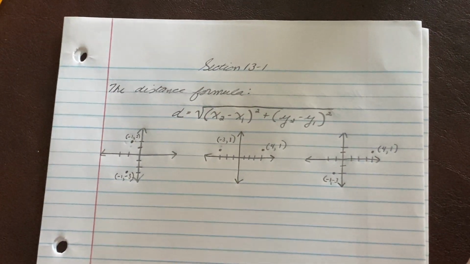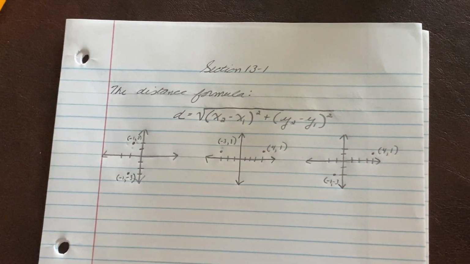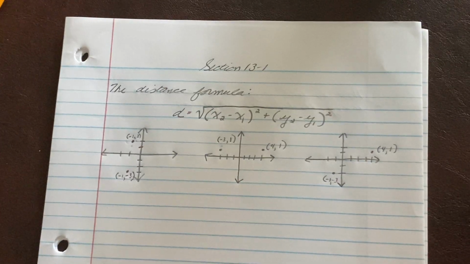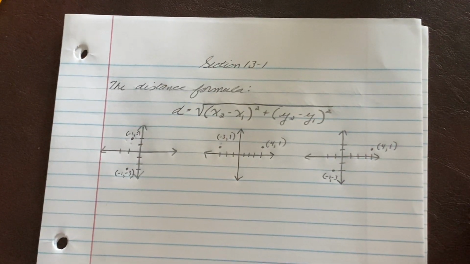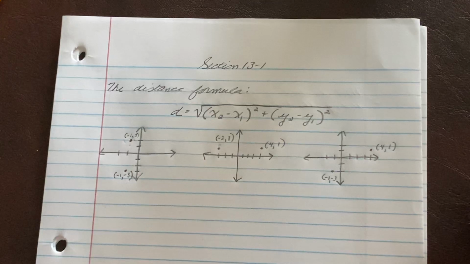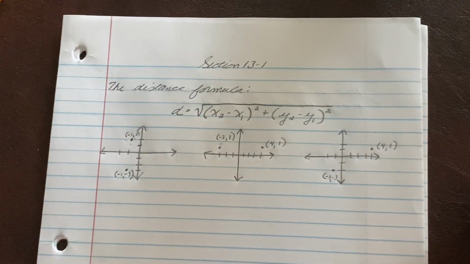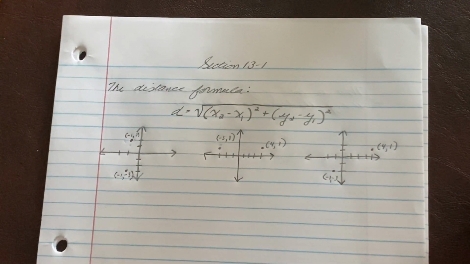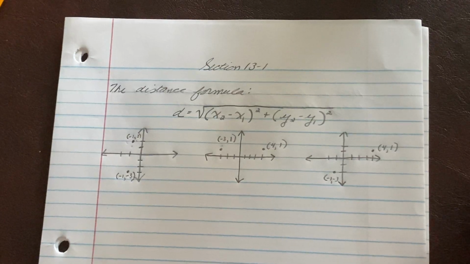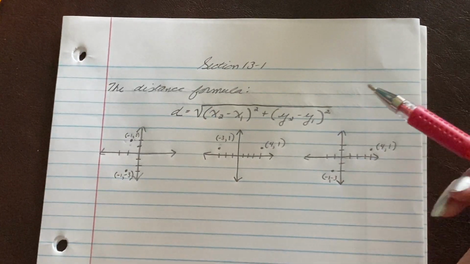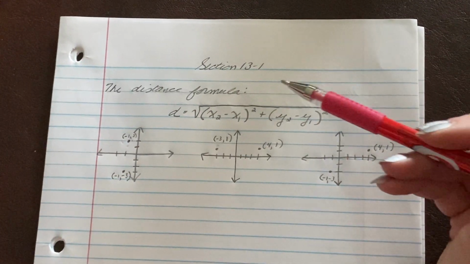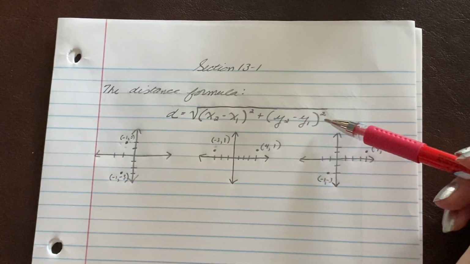Hey guys, we're going to be working on section 13.1 today. There's three main topics in this section. We're going to look at the distance formula, how to tell if points are collinear using the distance formula, and also the equation of a circle. So many of you probably remember, or at least it looks familiar, the distance formula from your